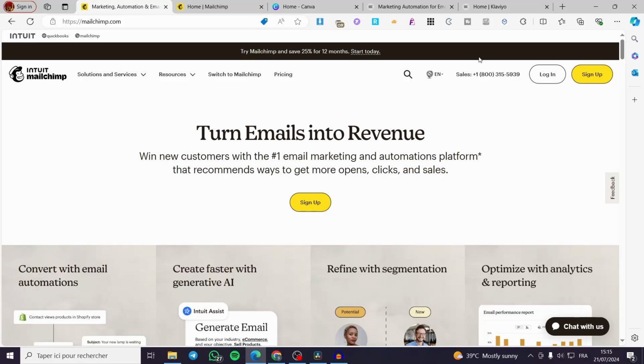How to send newsletters in Mailchimp. Hello guys and welcome to this new tutorial. Today I am going to show you how you can send a newsletter within your account in Mailchimp. It is very easy and very simple. All you have to do is follow the tutorial from the beginning till the end and you will be